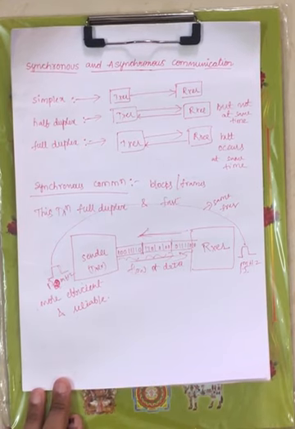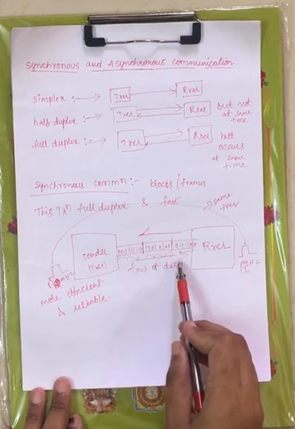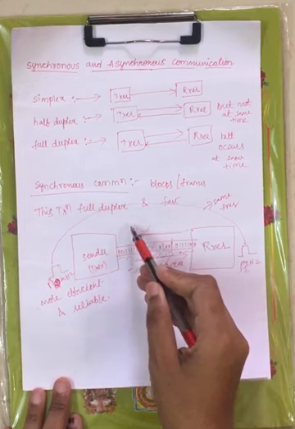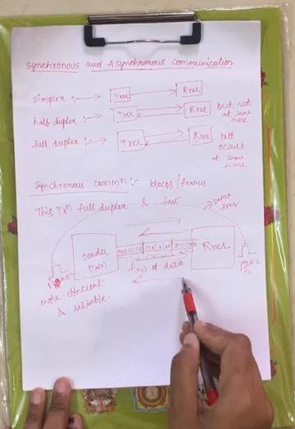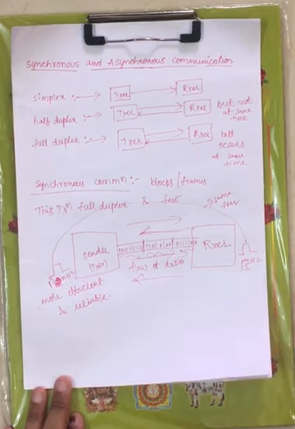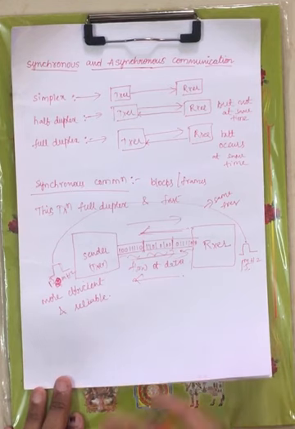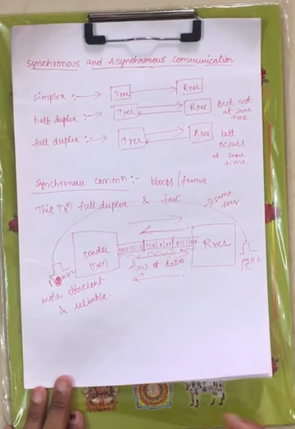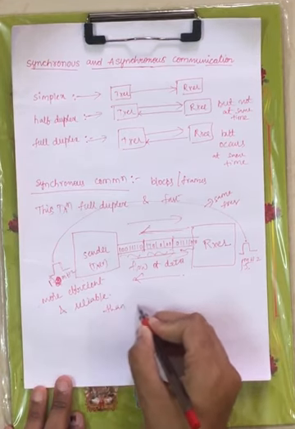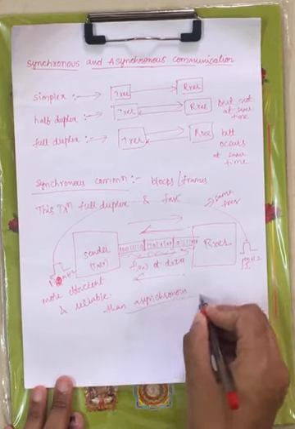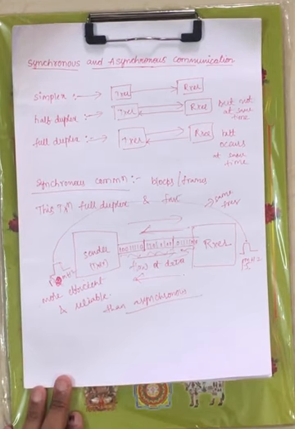Now under synchronous communication you can send the data in the form of blocks and frames. This supports full duplex transmission. That means you can transmit the data in this way or in this way at the same time, right? Using synchronous communication you can send a large amount of data within a span of time, and this is more reliable and more efficient than asynchronous communication. Why is it more reliable and more efficient? Let us see under asynchronous communication, right?